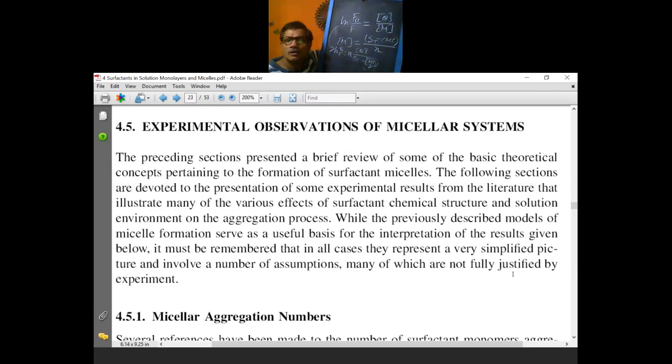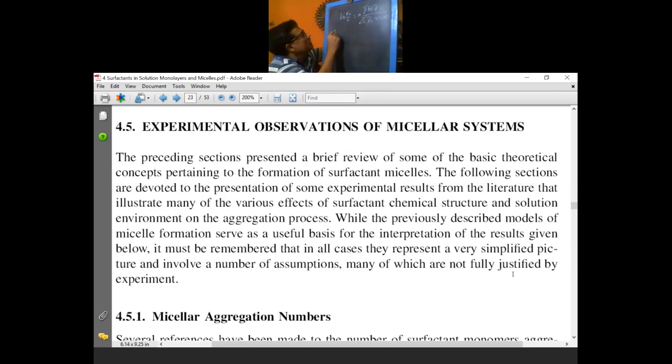In our laboratory, if you have the opportunity, you can meet any of our PhD scholars. They will explain to you further how they do that. So you keep the total surfactant concentration at least 10 or 20 times higher than the CMC. Then keep the surfactant concentration fixed, vary the quencher concentration, measure the fluorescence intensity, then make a plot of ln F0 by F against the quencher concentration. So your final equation: ln F0 by F equals N into quencher concentration by total surfactant concentration minus CMC.